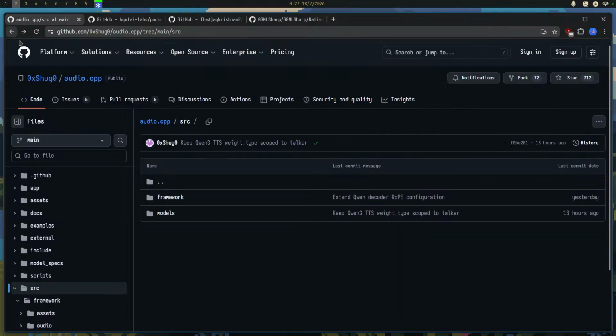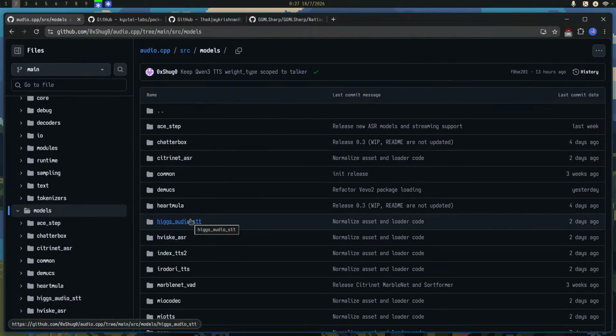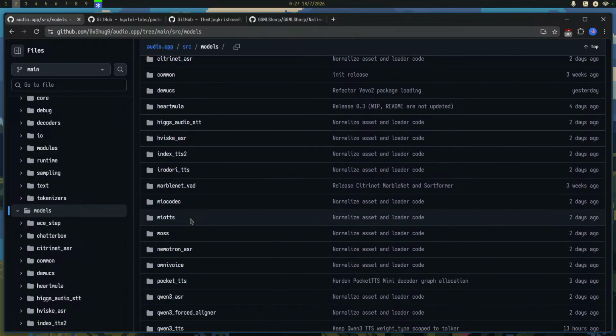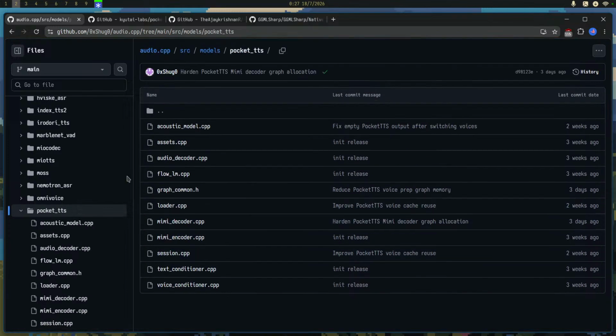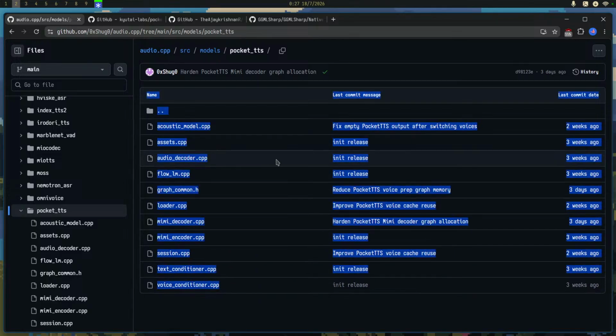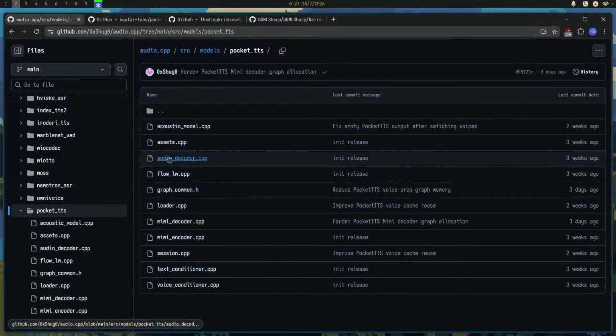But since we are just focusing on a single model, and we are not really going to rewrite anything around the models either, I think it's perfectly doable. All we have to do is rewrite these files. How many are there? 1, 2, 3, 4, 5, 6, 7, 8, 9, 10, 11.